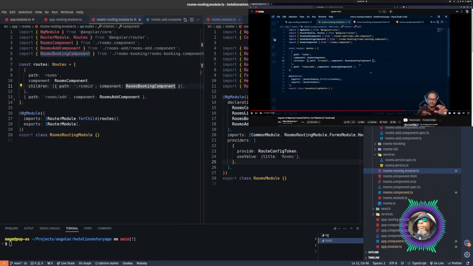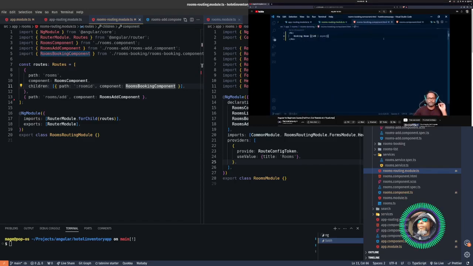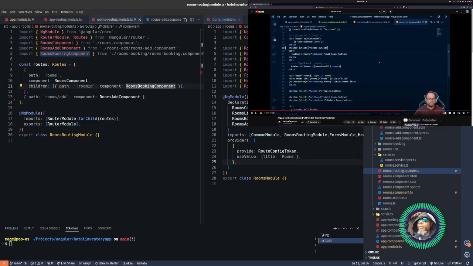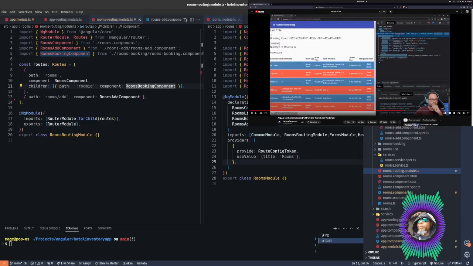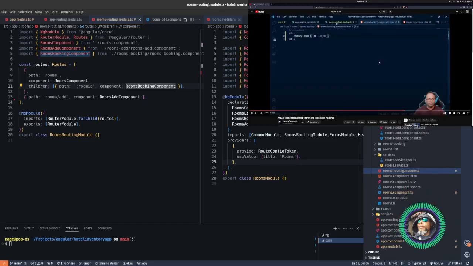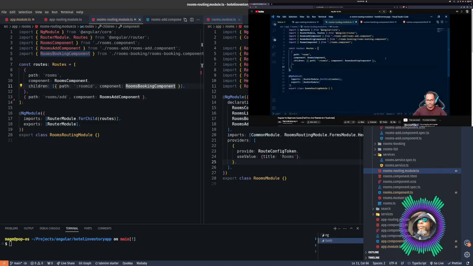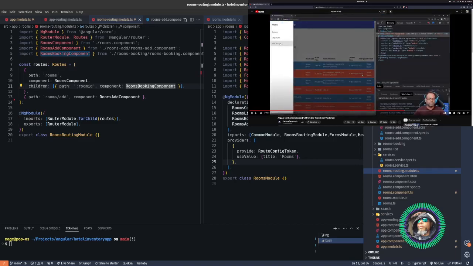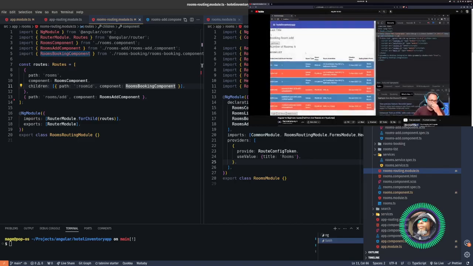Aha. Okay. And we can just say colon room ID, and that particular component will be loaded wherever we place this particular router outlet. So if I place it above here, you can see how you can achieve this. It will be loaded. You can actually add. Okay, let's get back to this. I can also move this one here, and, sorry, inside this array, and I can remove this and I can say slash. So now it is also a child component. The only thing is add room is available here. So if you try to click, let's go to room and let's click on add room. You can see